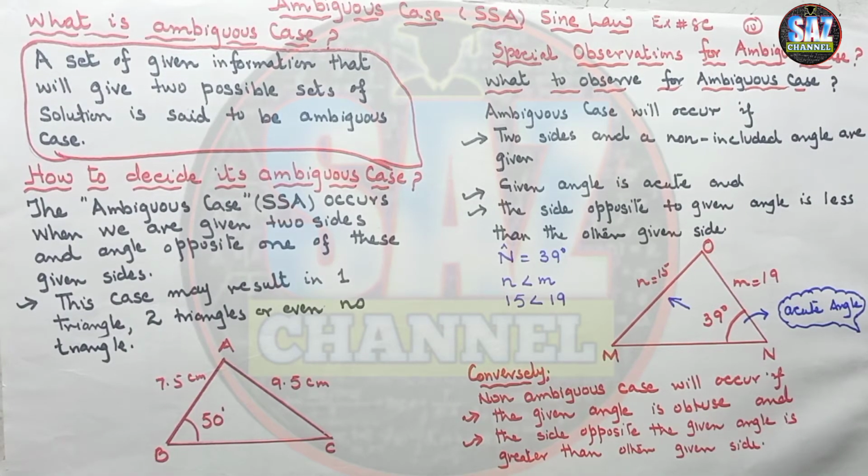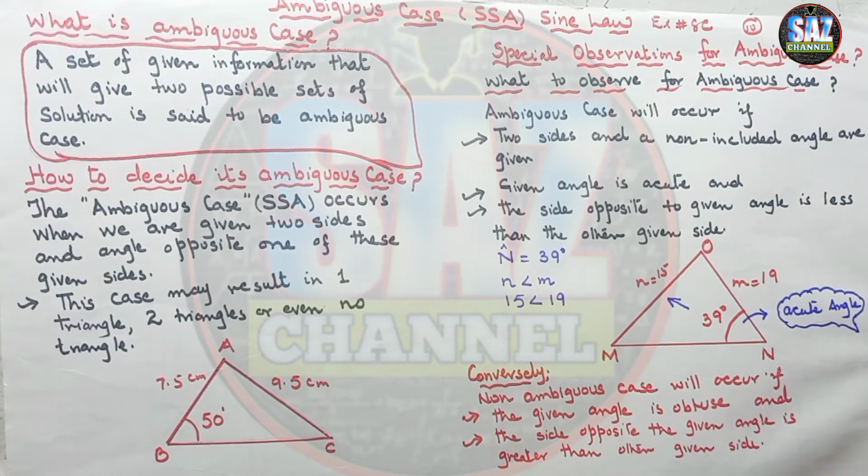This is my 10th lesson of D3, chapter number 8, exercise 8C. In this lesson, we will be discussing the ambiguous case, SSA, of the sine law. What is the ambiguous case? How to identify the ambiguous case? And what are the special observations about the ambiguous case? These are the points which you have to understand during this lesson because this is one of the important concepts